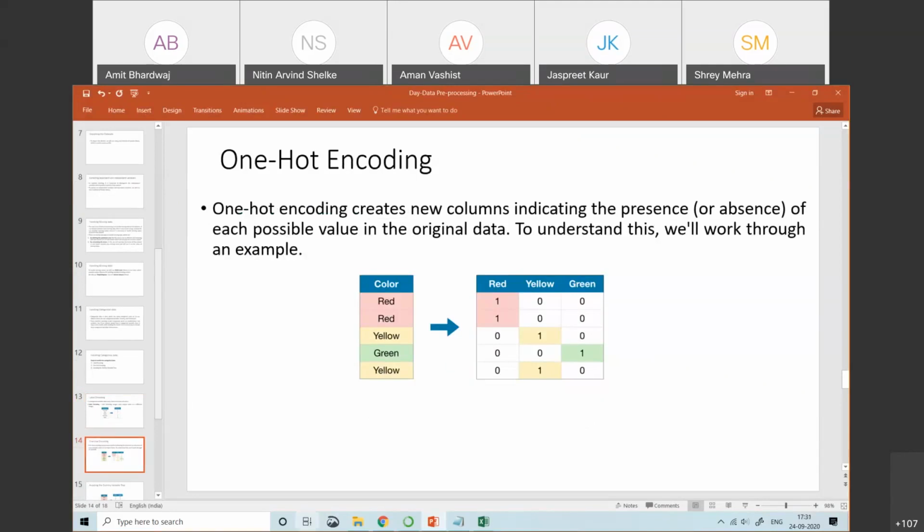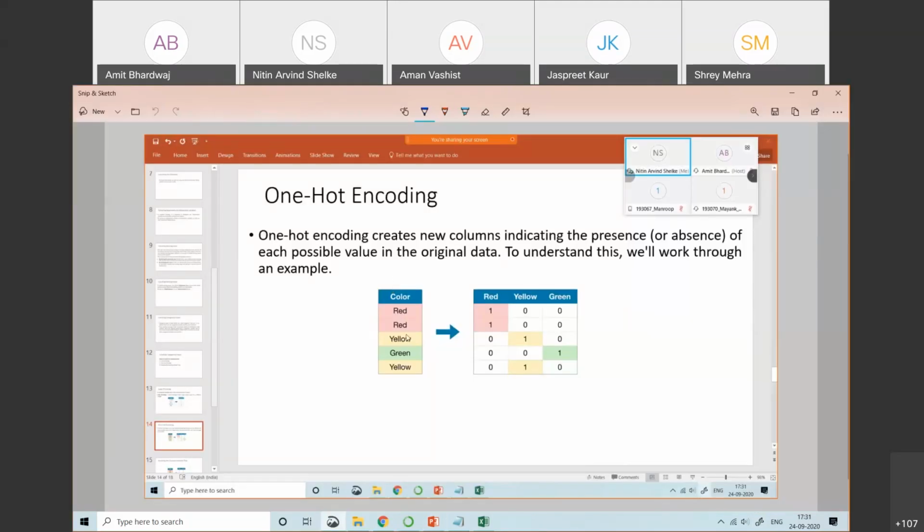As far as this example is concerned, observe here when we do the one hot encoding. Let's suppose you have the color column, which is your categorical column, containing 3 categories: red, yellow, and green. This is the table after one hot encoding. Here you observe that 1 is placed at the red, and 0 0 is placed in the yellow and green.